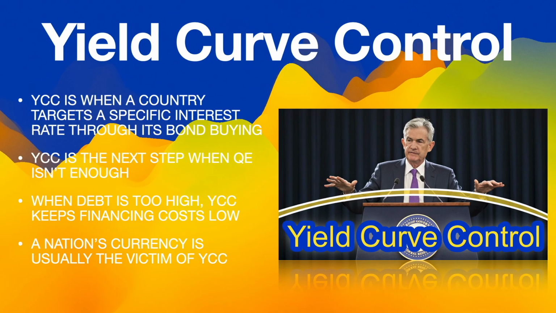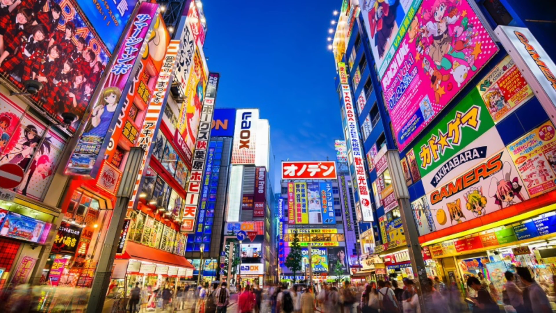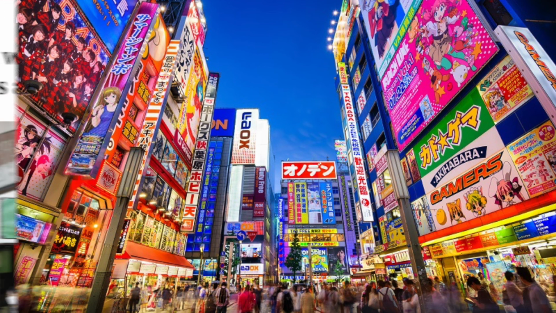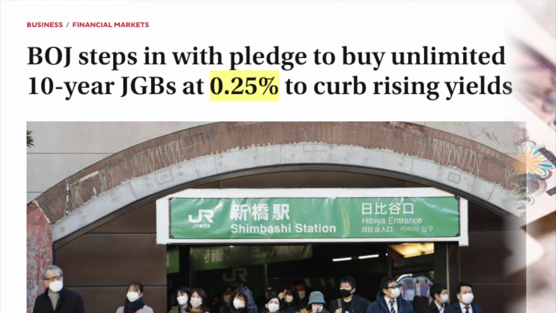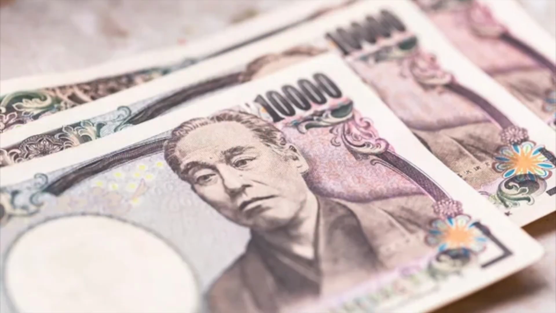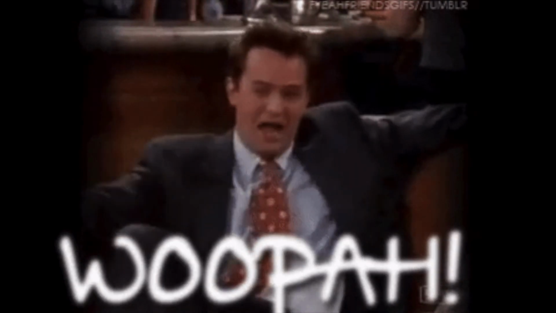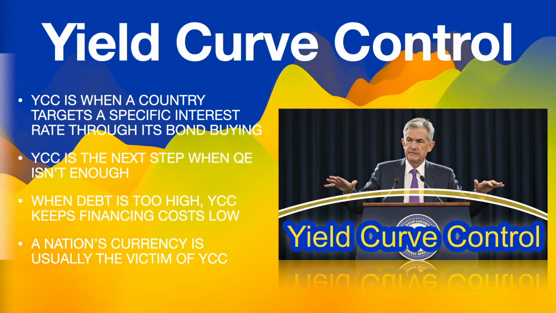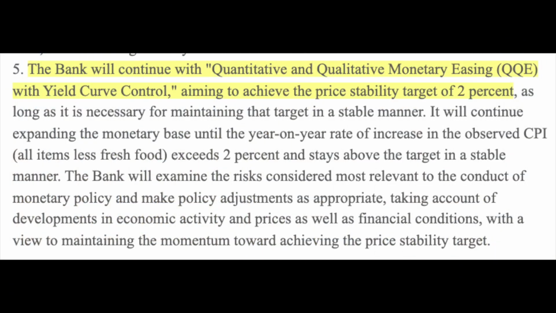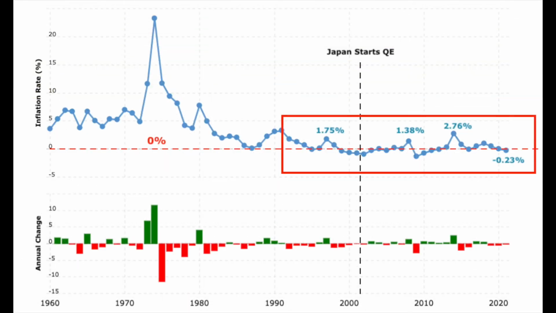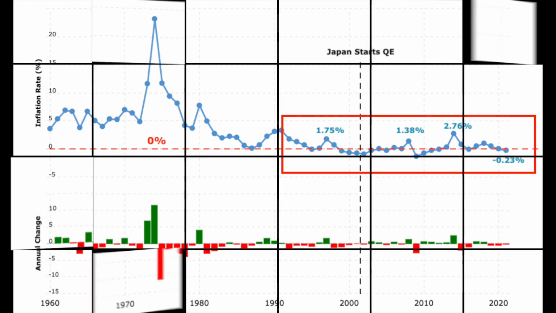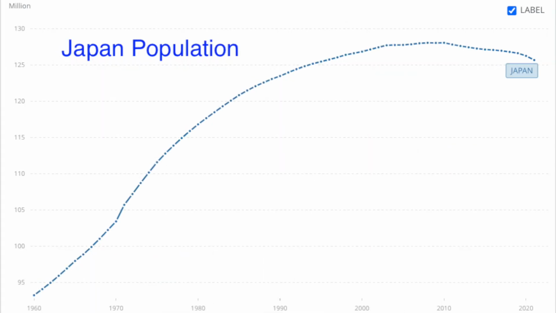An example of this policy in action is Japan, which has been engaging in yield curve control since 2016, pinning their respective 10-year yield at or around 25 basis points. If the yield rises beyond that level, the Bank of Japan will print yen in the form of bank reserves and start buying those bonds until the yield gets back in line. Interestingly enough, Japan's goal with yield curve control was actually to generate inflation of 2%. Something it has largely failed to do for the last couple decades because of a number of deflationary headwinds, most notably its demographics.